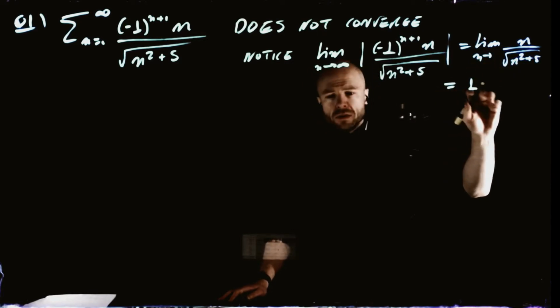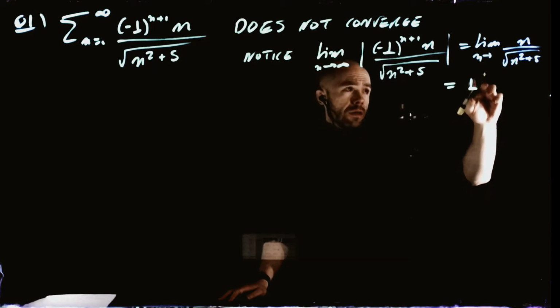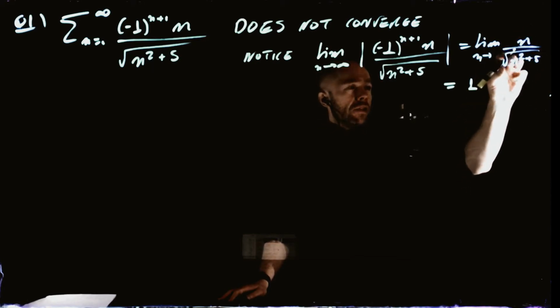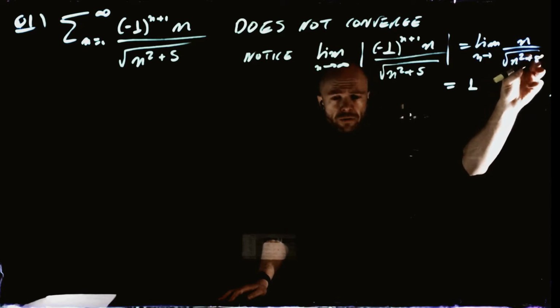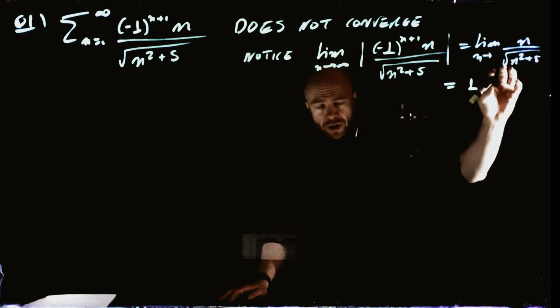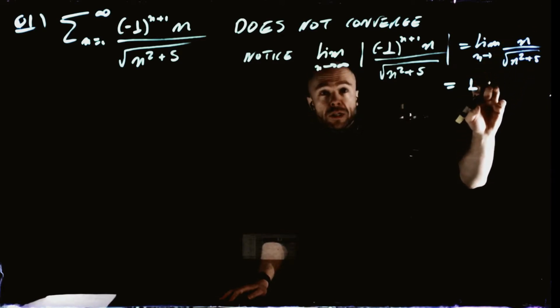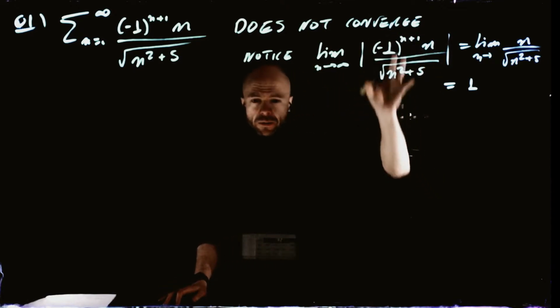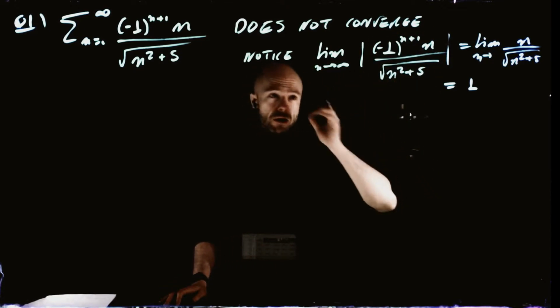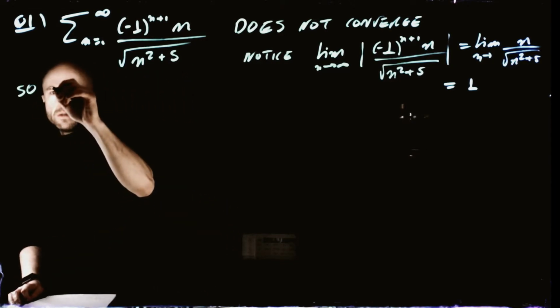Are you all happy with that? No? So for very large n, the dominant term at the bottom is just going to be the n squared. We can forget about the 5, so it's just n squared square rooted. So it's, morally speaking, n over n. Yeah? Cool. So this limit is 1. So if the absolute value has a limit 1, then for sure these terms don't tend to 0. So by divergence test,